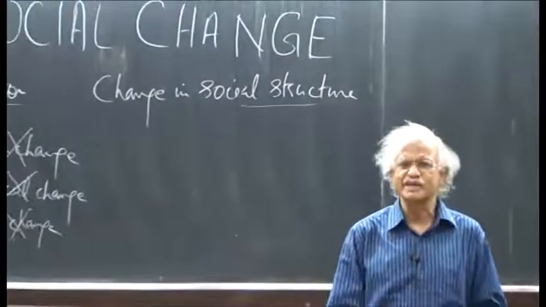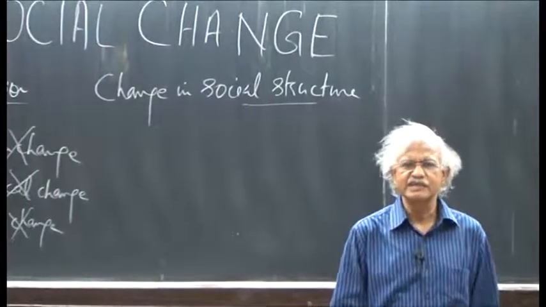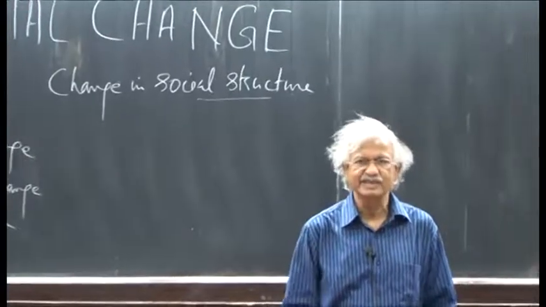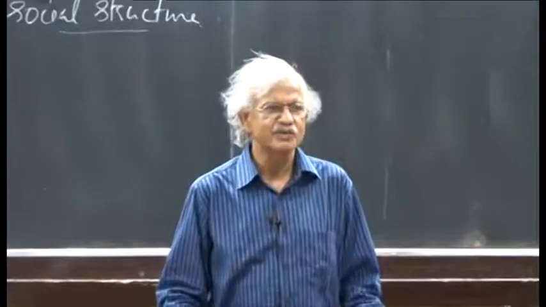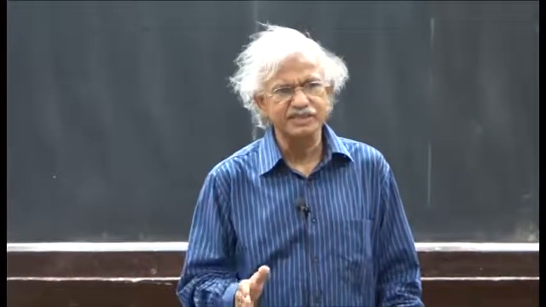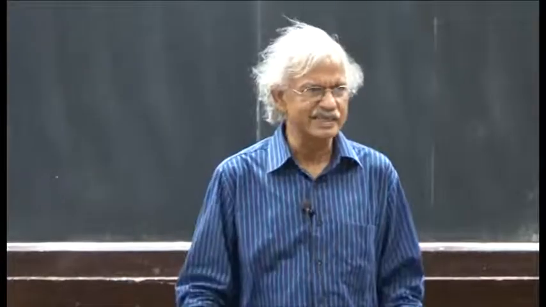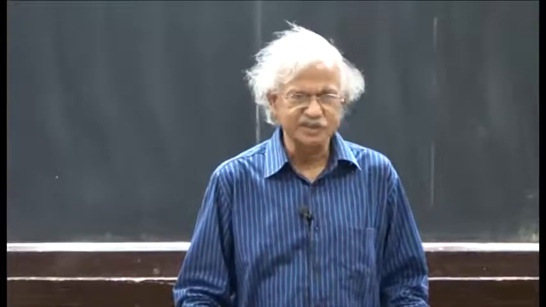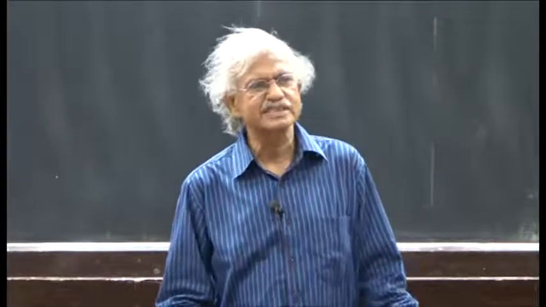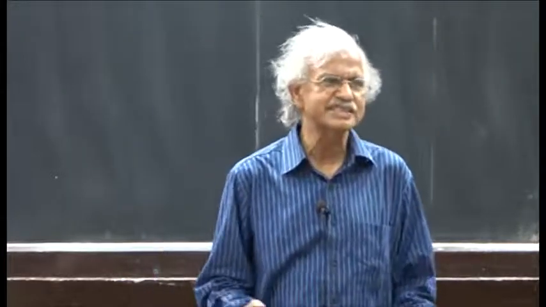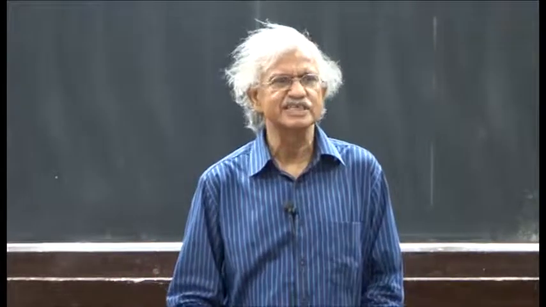Even at the same level of per capita income, if a feudal society changes into a guild society, a society changes from one based on agriculture to trade and commerce, new roles and relationships are created. Per capita income may not change, but then we will say there is social change. So social change is defined in some elementary textbooks of sociology as change in social structure,